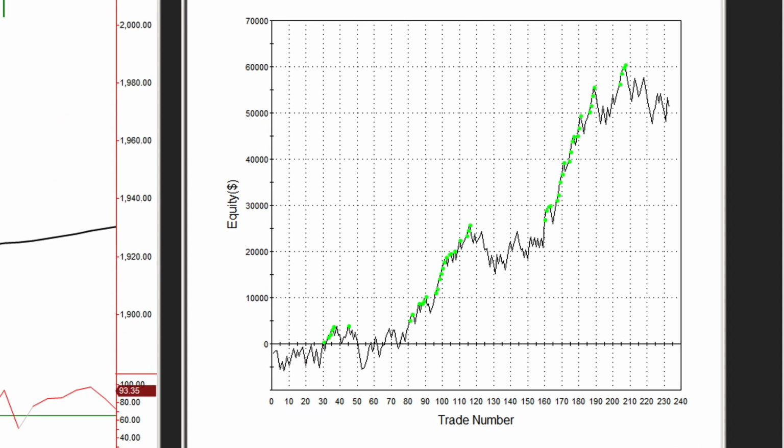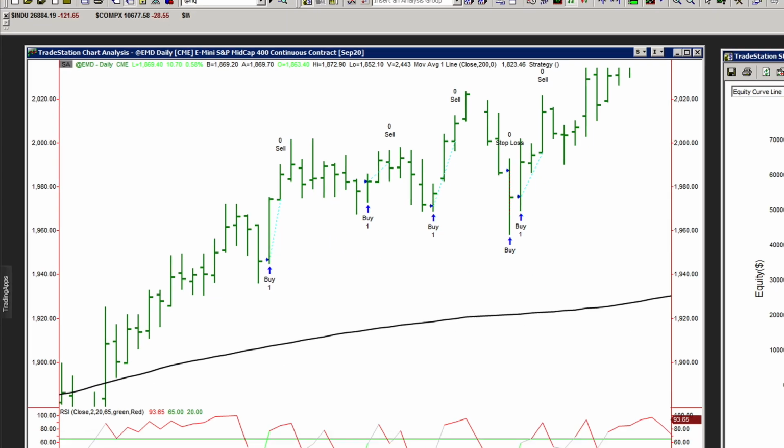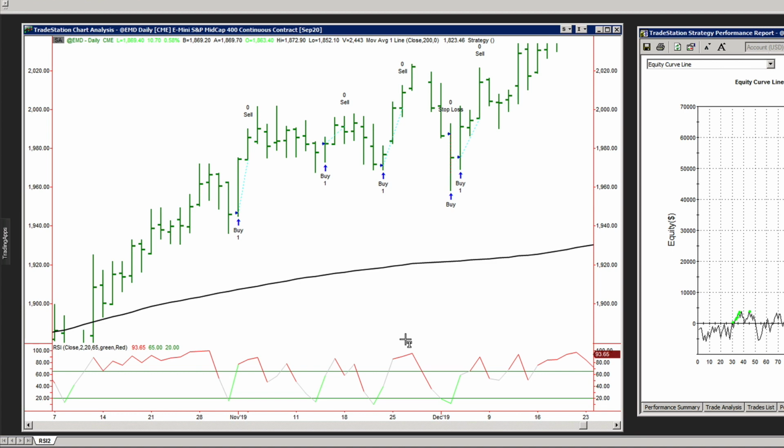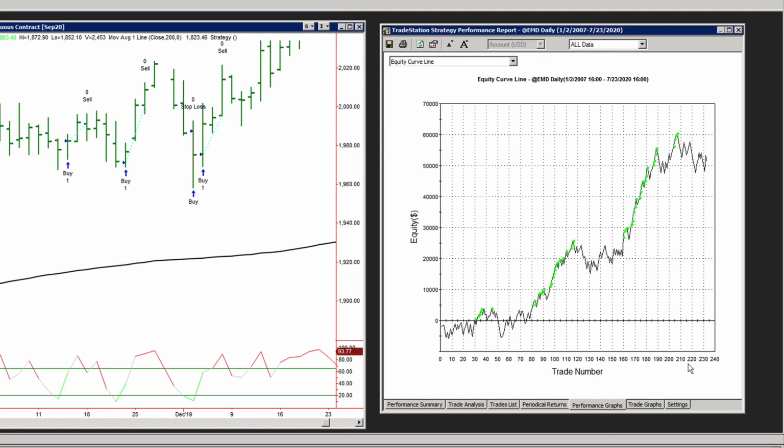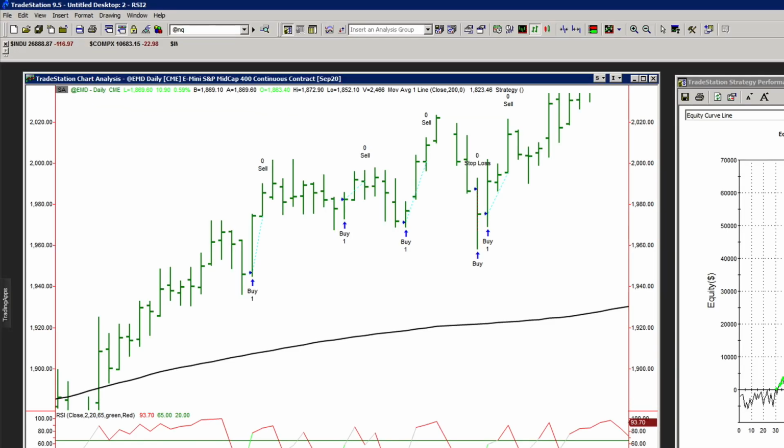It's far from perfect, but this is a very simple bit of code that's testing a very simple concept using the RSI indicator. And it provides valuable information. Now, if the equity curve just went into negative territory, I'd say this doesn't have any merit. But this looks like it has some merit, and it looks like it could be the start of a very profitable trading system. And this is the type of information you can glean when you know a bit of EasyLanguage. So look how powerful this is. With just a few lines of code, you're able to gather all of this back-tested information.